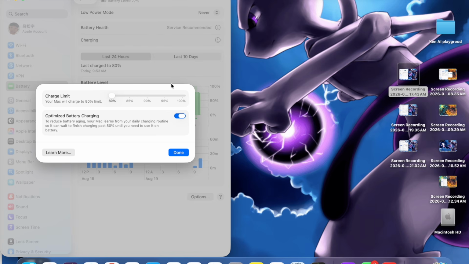Now, you might want to set the charging limit. So maybe 100, your Mac will charge to a 100 limit, but I set it to 80, so it's more